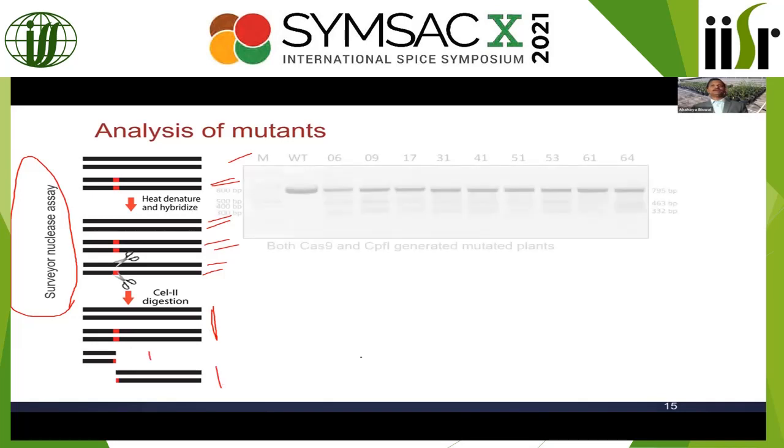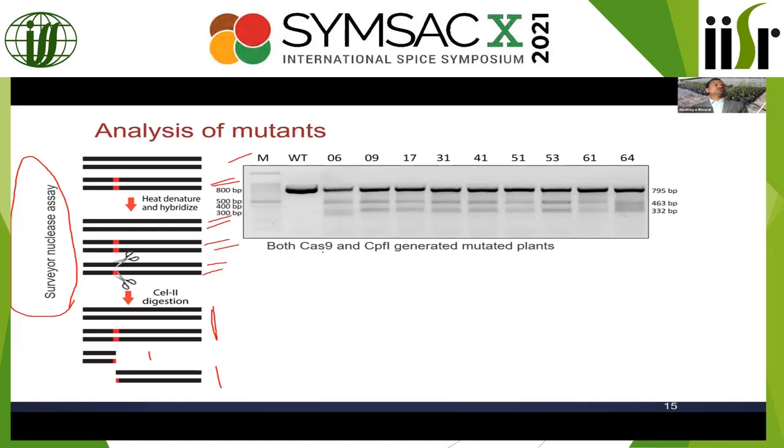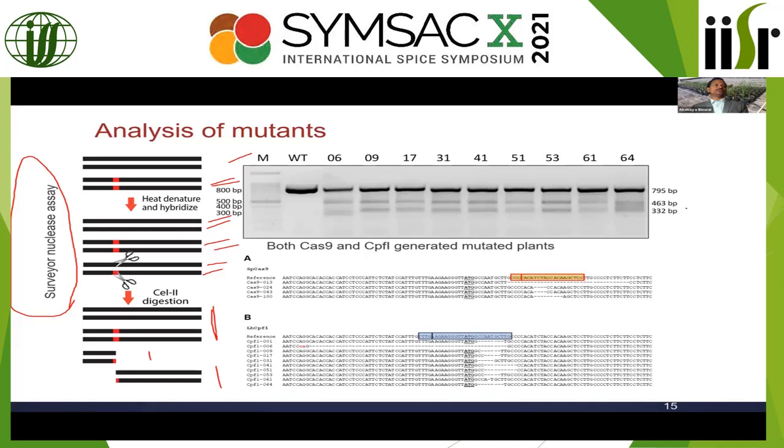And we tested our plants. We saw both Cas9 and CPF generated plants had mutations, and then we PCR amplified and sequenced using Sanger sequencing. And as you can see, it was mostly deletion. We had no insertion in this case, but insertions do happen. So we got mostly deletions here in Cas9. Same thing we saw in CPF. For Cas9, we got from 4 to 37 base pair deletions, but for CPF, we got from 1 to